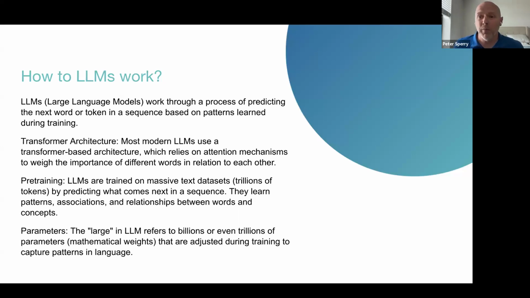Here we get into a little bit more of the nitty gritty, but people often think that an LLM is some sort of magic behind the scenes. And when you break it down into how it was trained and how they were built, they're not all that complicated under the hood. And that's minimizing it, of course, quite a bit, but they're not some black magic voodoo that's going on.